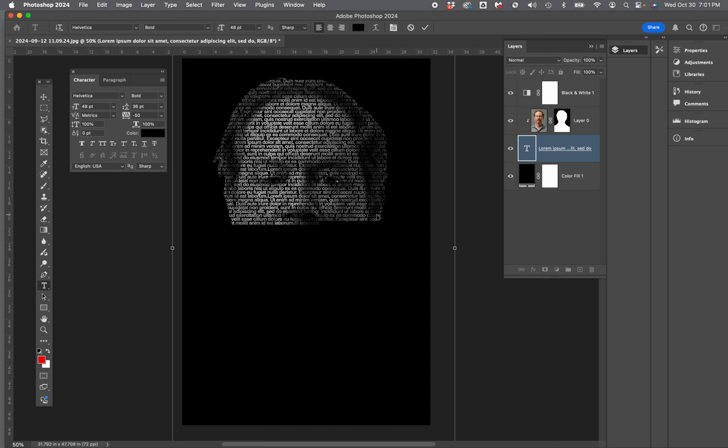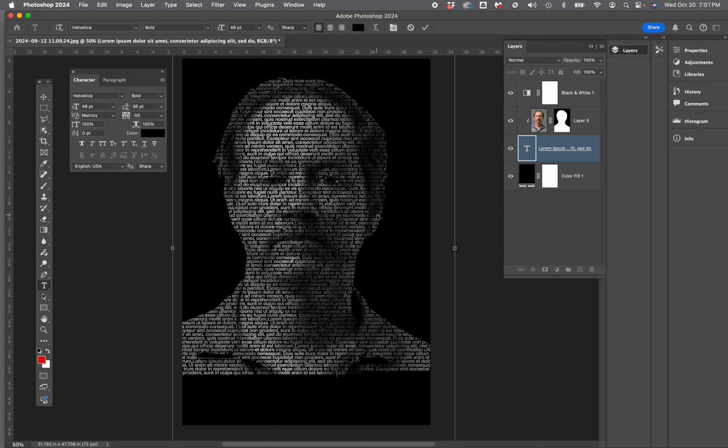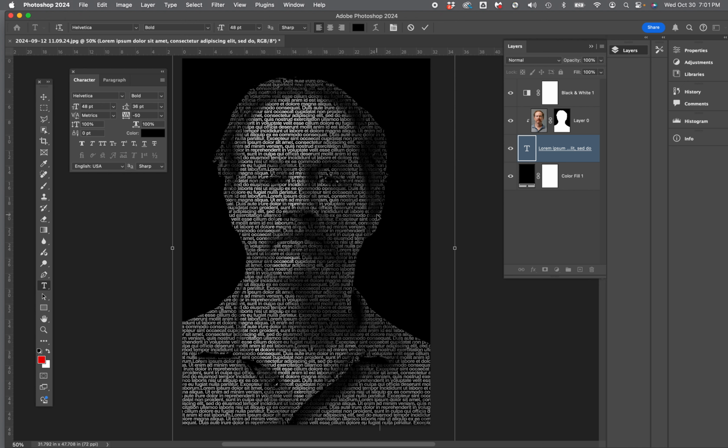And I've also, and this is an important thing, I've chosen a font that has a bit of weight to it, that has some thickness. I've gone with Helvetica Bold, and you may find that choosing a font that is too thin, choosing a font that's a very light script font may not look good for this project. So try a font that works. Try a font that renders the values of the photo in a way that creates enough detail that you think the effect is working. And if you don't like it,